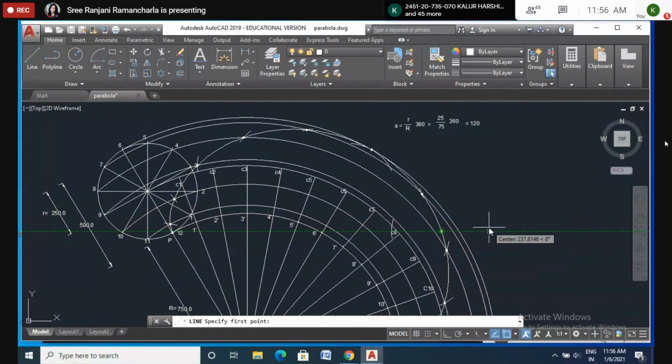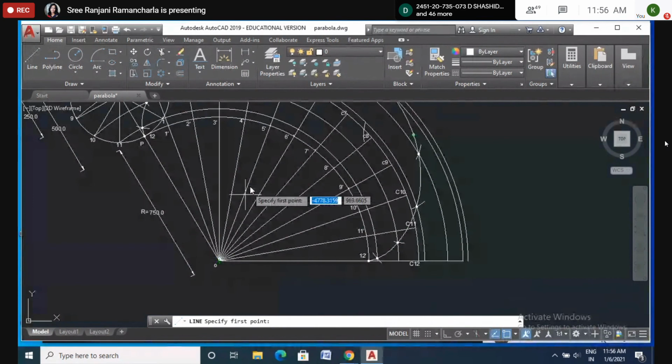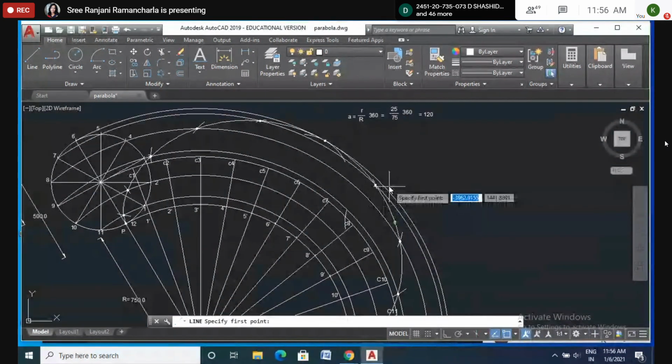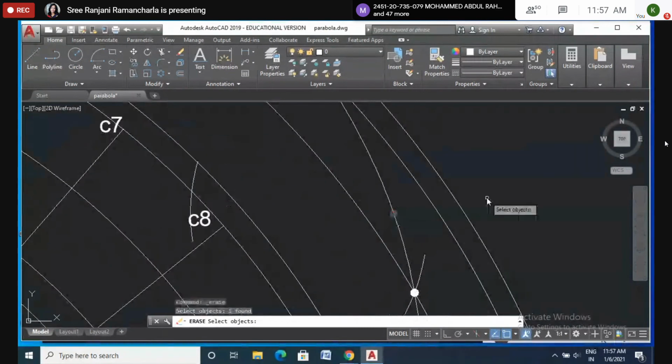Okay, in the question, what it is saying is draw the normal and tangent to the curve at a point 85 mm from the center. From here, you take 8.5 centimeter. It is cutting somewhere. Either you can take here or here. You measure with compass, so that you take as a P. Now, to avoid confusion, I will show you. I will remove this one.